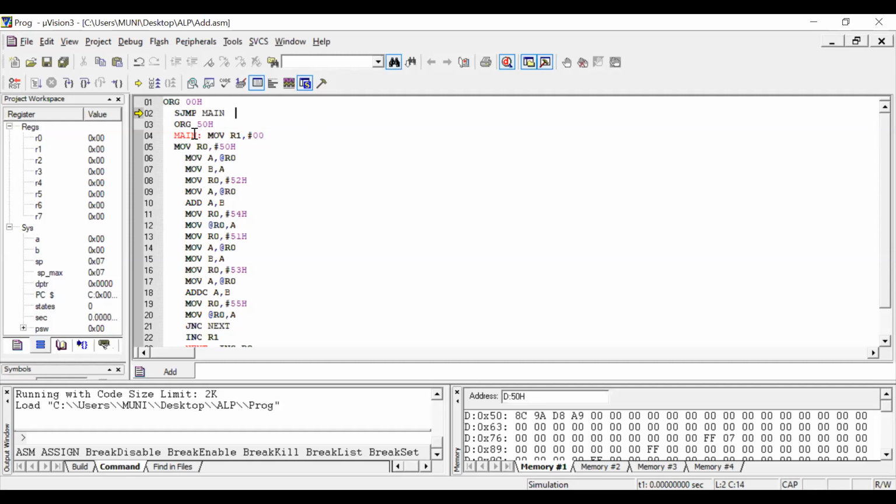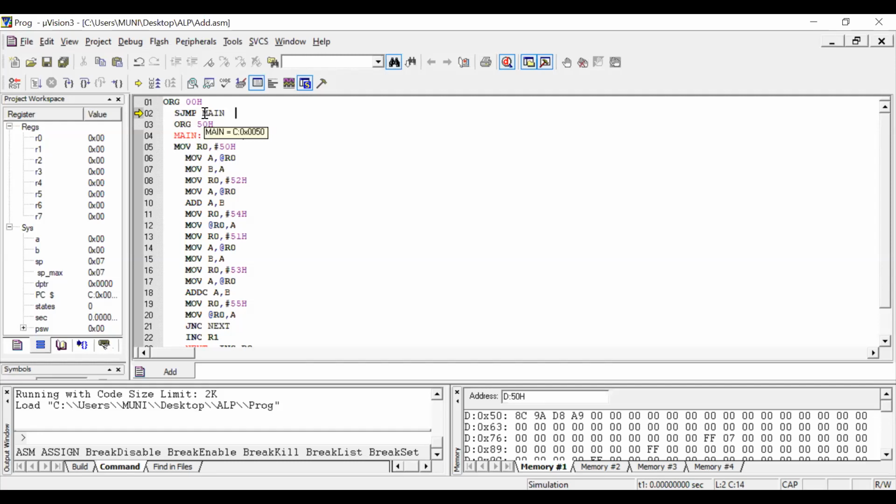At origin 50H the main program is written. Origin 00H indicates that the program starts at location 00, because after reset the program counter is initialized with 00, so the first instruction must be written at 00. But in the 8051, only these 3 locations, 0, 1, 2, are reserved for the main program, and after that the interrupts are reserved. So within 3 bytes program completion is not possible; it requires more than 3 bytes.